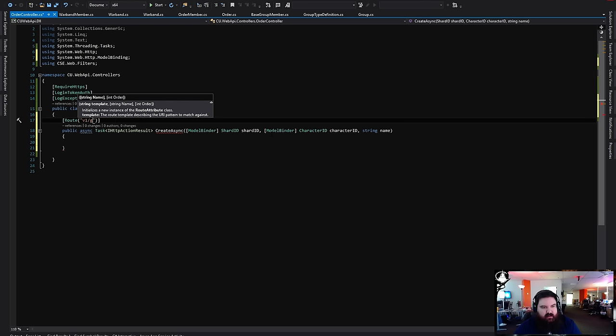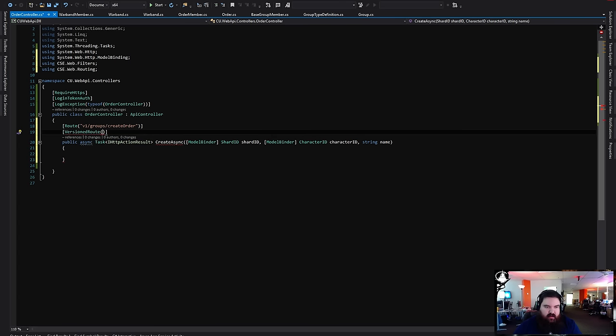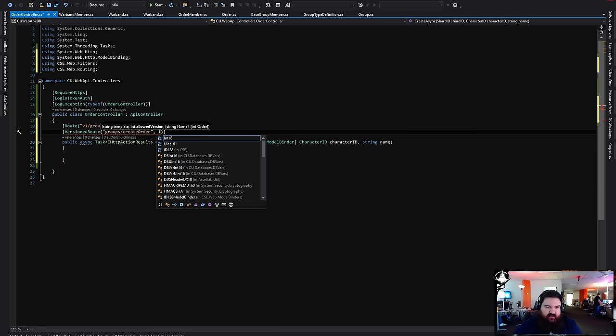Create order. And we'll add a versioned route that you can access without the v1. Create order. That's for version 1.